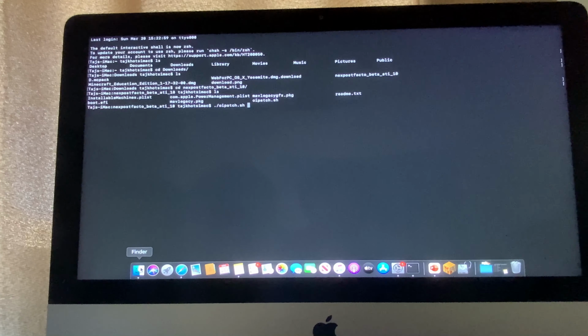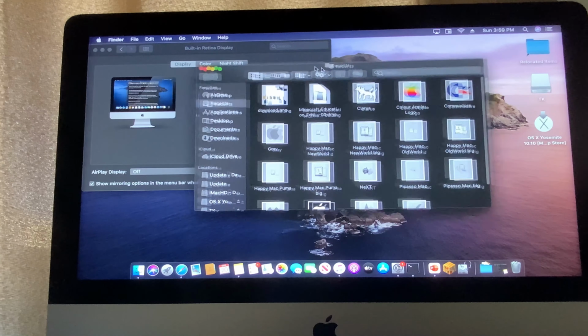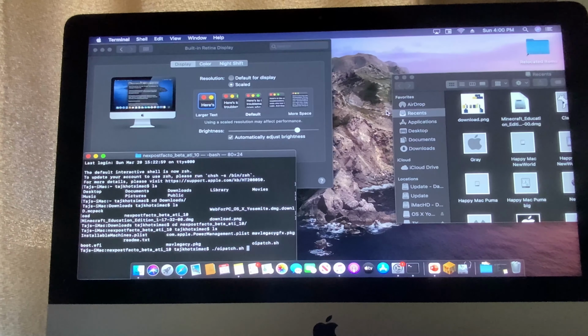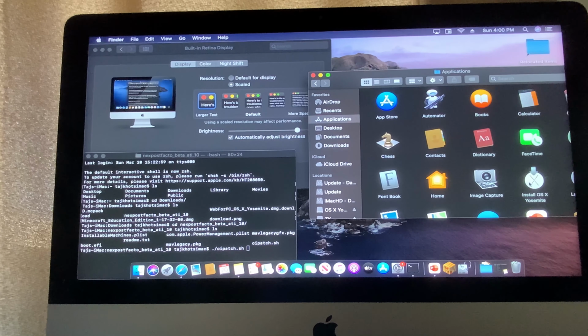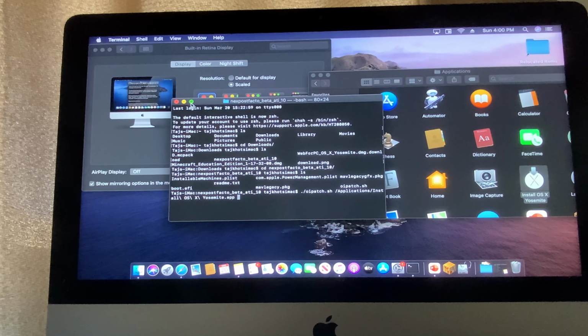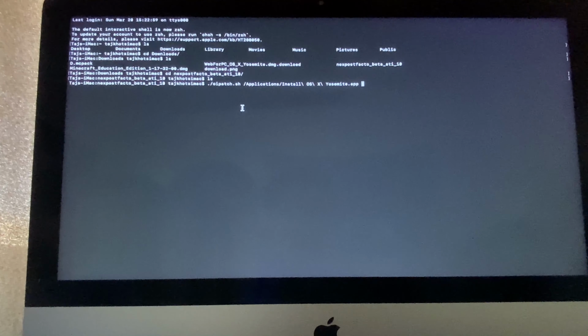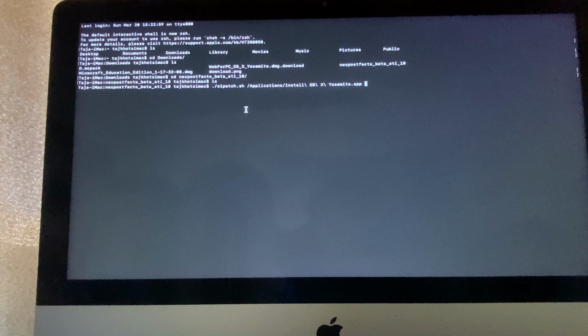Now you're gonna want to drag the application. You will need the real application for this, so the real macOS Yosemite application. So I'm just gonna go ahead and, all right, install OS X Yosemite. We're gonna drag this over here. There we go. Once the Install OS X Yosemite app has been introduced, and this also works with Mavericks, make sure